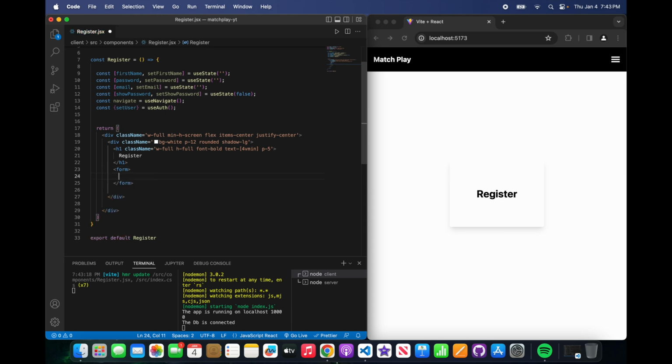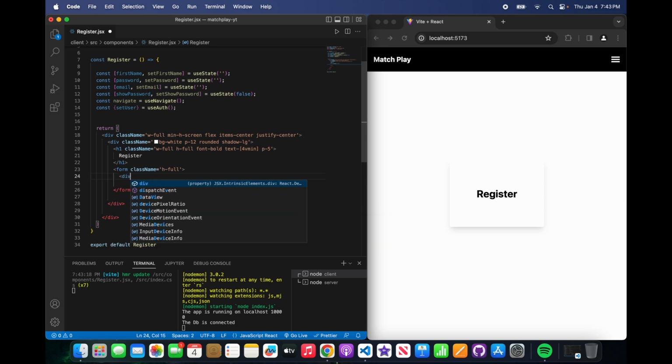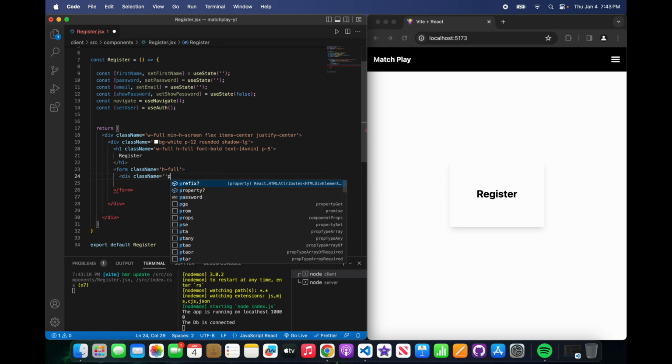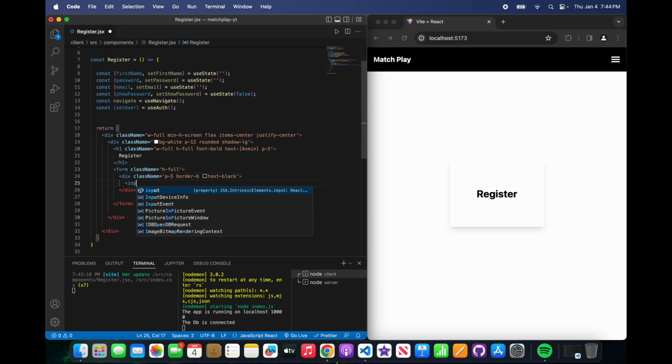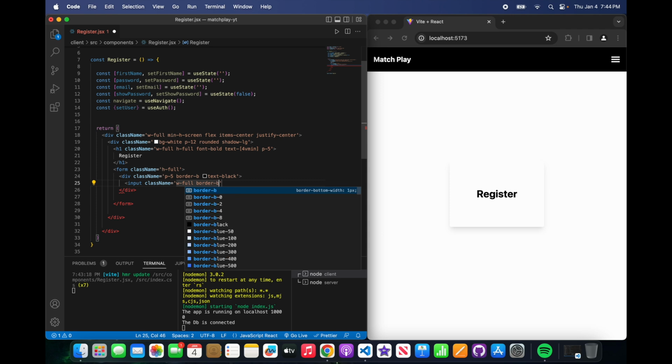Let's go with form first, and have the class name height full, div class name of padding 5, border of black, bottom border, and then text black. And now we can say input class name full width, border bottom, rounded, large, padding Y of 2, padding X